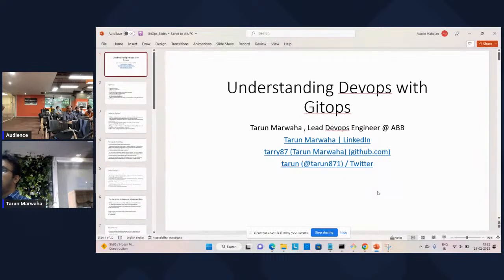When it comes to DevOps, cloud and DevOps go hand in hand. Anything which you have to deploy on cloud has to be done in an automated way. So DevOps